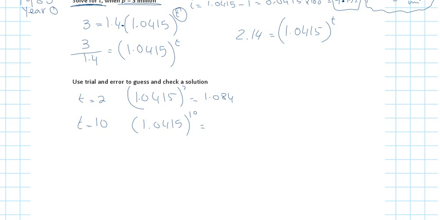What is the answer? 1.5. So it's getting bigger, but it's still way away from 2.14. 1.5 what? 1.507. Okay, so double it. So 20. Okay. Again, it's trial and error. You could try different numbers, but we're just